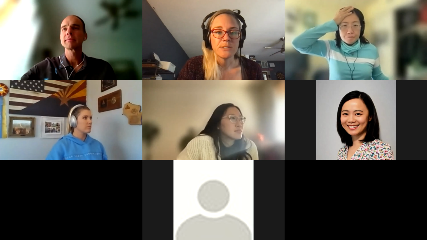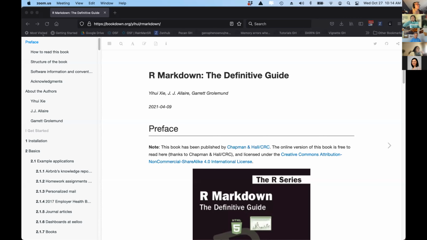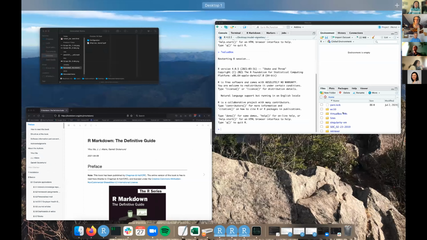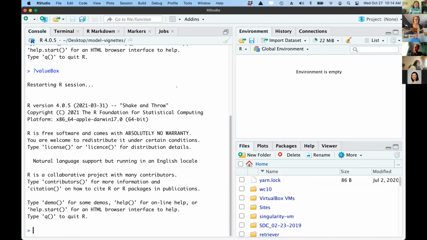So I'm going to share my screen, and that'll take a minute to get everything set up. Okay, can everyone see my RStudio window? Okay, trying hard not to make the mistake I made during one workshop where I was sharing the wrong screen for like 15 minutes before someone said something. That was a little embarrassing. Okay,